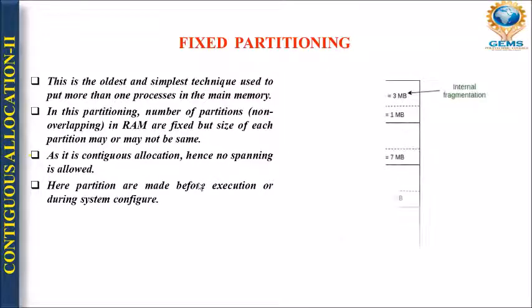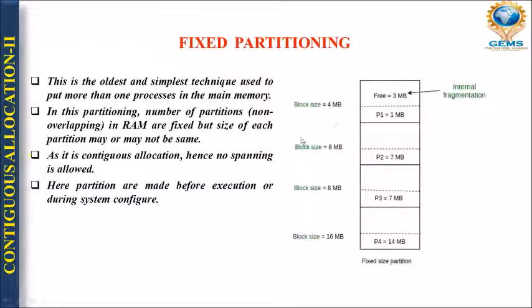Okay, so this is a good example of the fixed partitioning method. All the blocks are fixed; the first block is 4 MB, next is 8, next is 8, next is 16, like that. So we are taking block sizes which are fixed. Okay, so here if you go for this one, what is going to happen? This is basically your 8 MB space only.